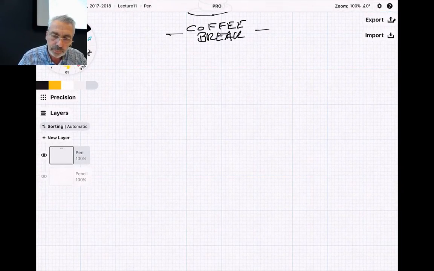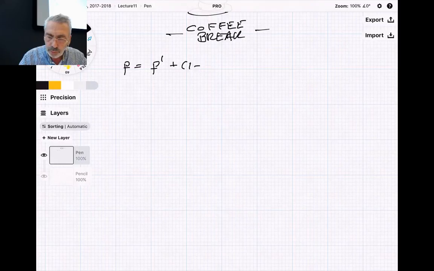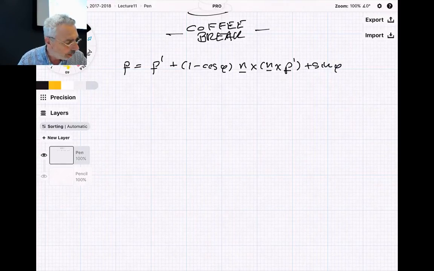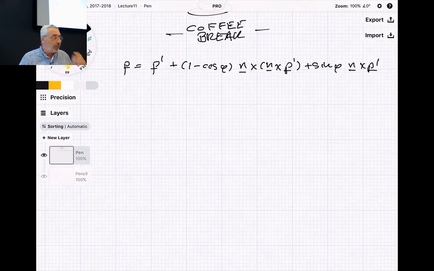So the equation to find this transformation was, of course, we had P prime, then we had, let's write a plus, 1 minus cosine phi, and then we had this n cross n cross p prime, plus the sine phi, and then we had n cross p prime. Now, the parameters we use are these axis angle, but